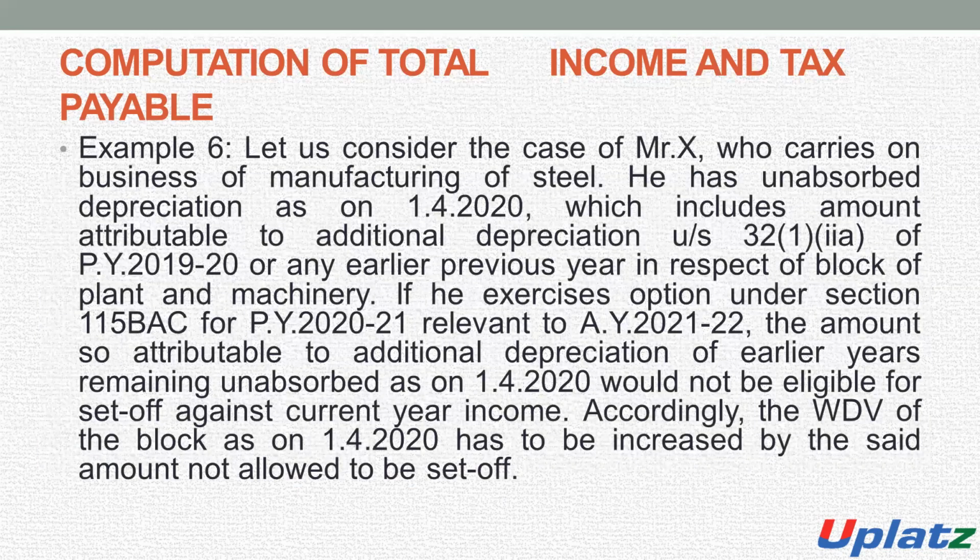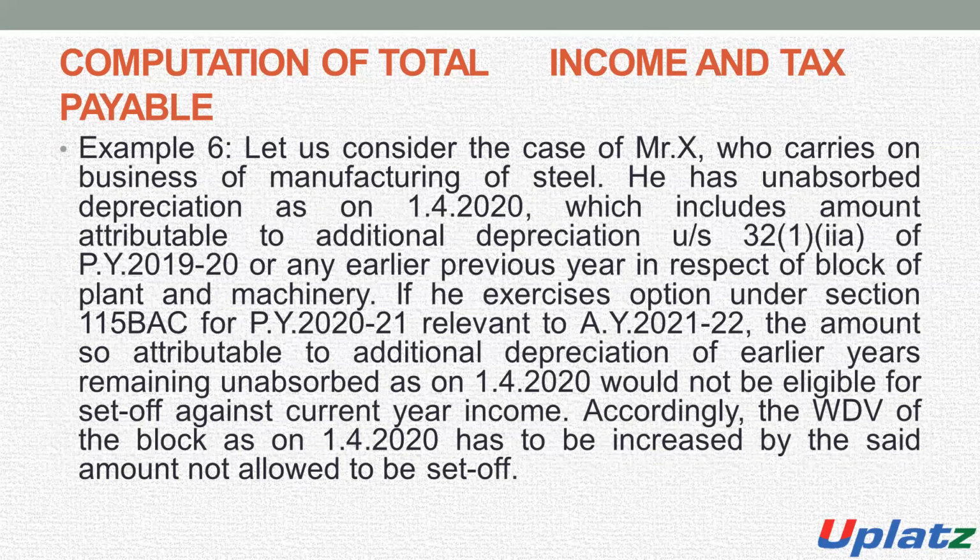So for this purpose we will discuss an example, and on the basis of such example we will understand. Let us consider the case of Mr. X, who carries on the business of manufacturing of steel. He has unabsorbed depreciation as on 1st April 2020, which includes an amount attributable to additional depreciation. Means there is an unabsorbed amount of depreciation, and such unabsorbed depreciation also contains the additional depreciation amount,